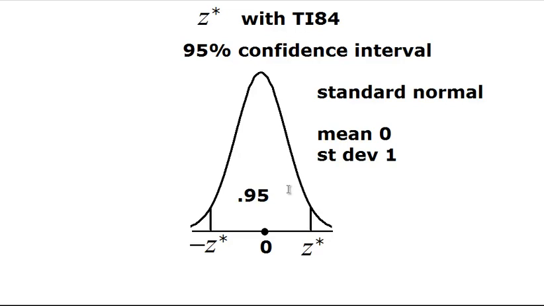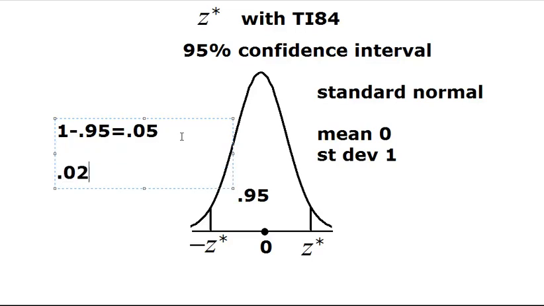Notice the middle is 0.95, so these two tails share 1 minus 0.95, that is 0.05. Each of the tails will have an area of half of 0.05, so this area right here will be